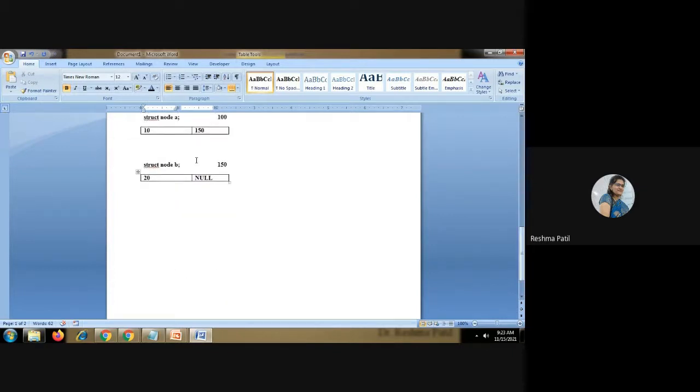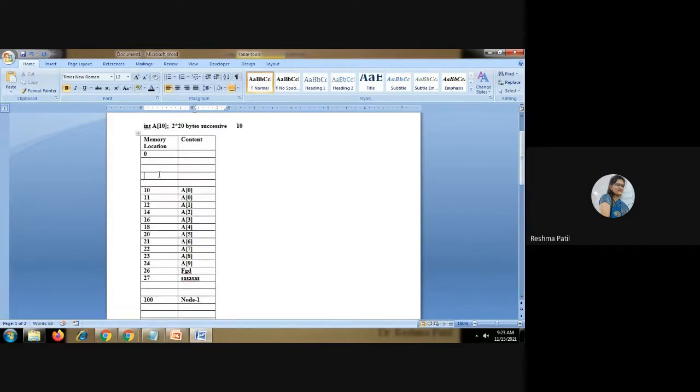So after some time, I feel that I want one more node. So again, I will create it, node C. Dynamically we are going to create it, so we will create a pointer there. So here, if I got the memory location 5, this is my new node. That will contain a null pointer at the next part. The previous node's next part will contain the address of this new node, that is 5. So we can link this element. So now at location 5, I have node 3.